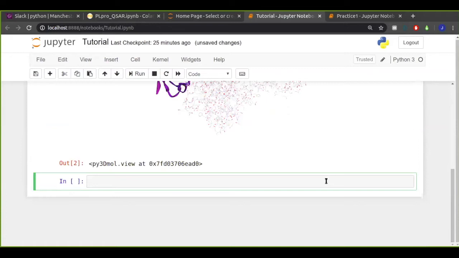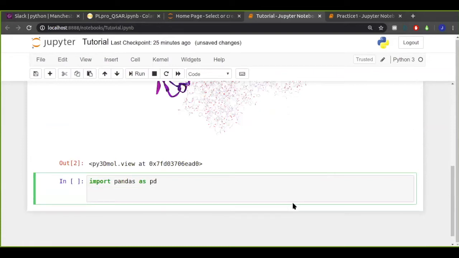So I'm going to import pandas under the handle pd, because it's more practical. We'll remember that pandas is a tabular data handling library. And I'm going to define our data as pandas.read_csv, because it's in a CSV format.